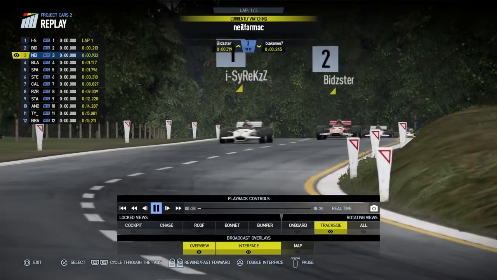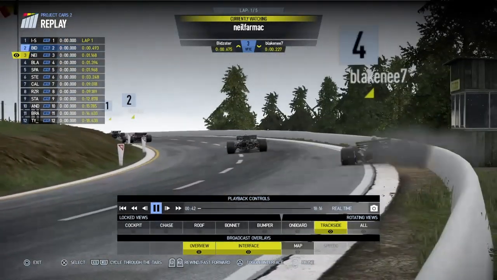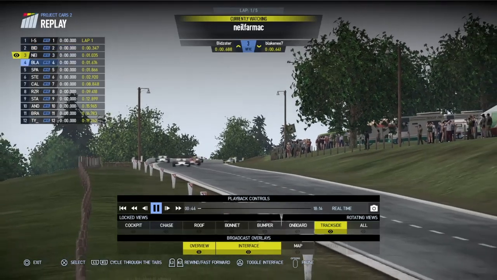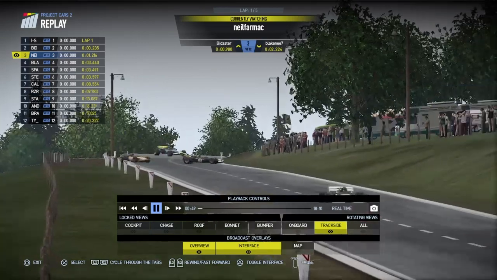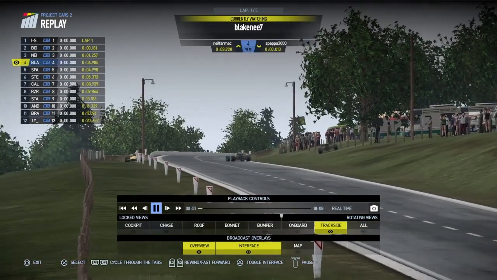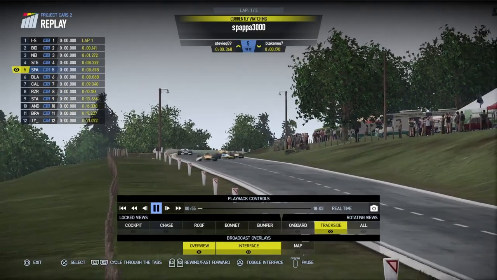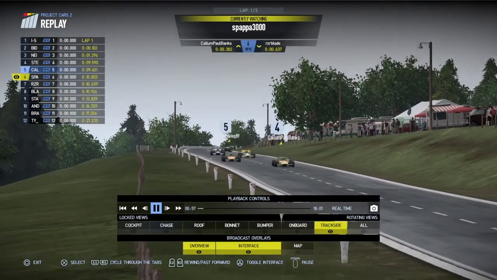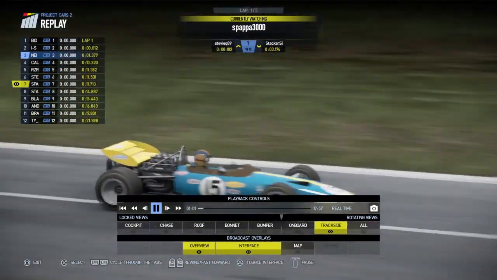to Camel Corner, because it's not the Camel Straight, it's Camel Corner now. Into the Camel Corner, and oh, Blake into the wall, and everyone else through, so it's Sarex in the lead from Bidzster, Neil Farmack, and then a massive crash further back as well, Blake and Spapper, I think that is, so everyone really struggling with this car,